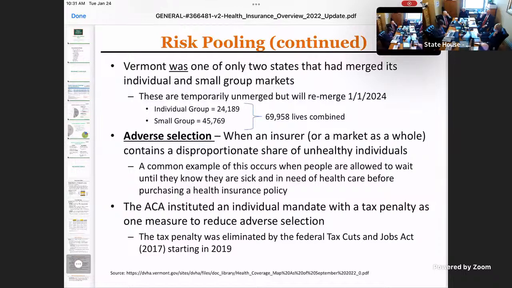We did not change the statutory laws, but we did in session law say, for purposes of this plan year, for 2023, the premiums for these 2 groups are going to be calculated separately. It was in response to additional federal subsidies that are only available to individuals. We won't get fully into that today, it's an easy rabbit hole to go down. The short answer is we were able to maximize federal subsidy dollars by having them temporarily unmerged. But the federal subsidy dollars were due to expire, so that's why it was temporary.